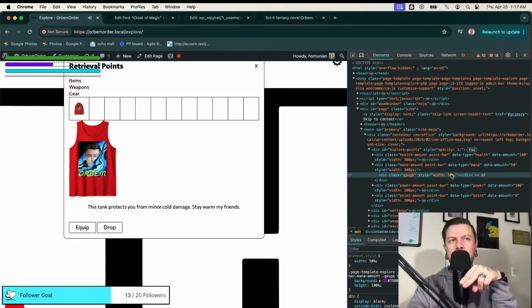I should make the data amount grow with the amount of the width of the thingy. So like it should be 120 now. Data amount 120. Right? And then we'll keep the gauge still 100%.